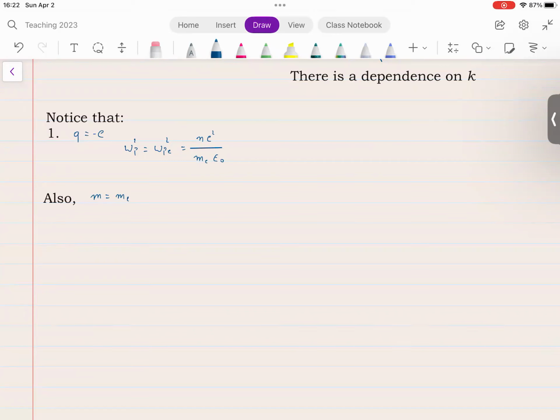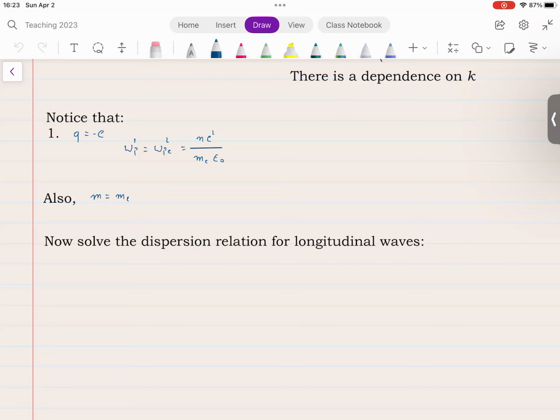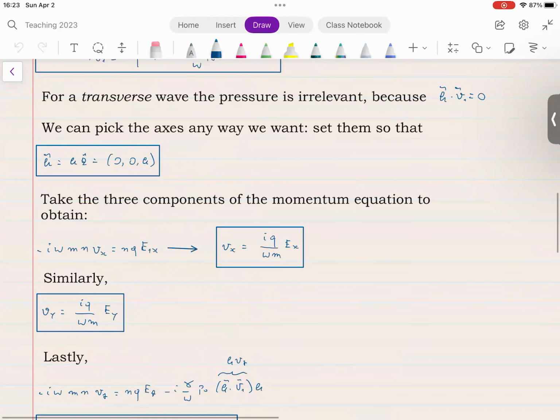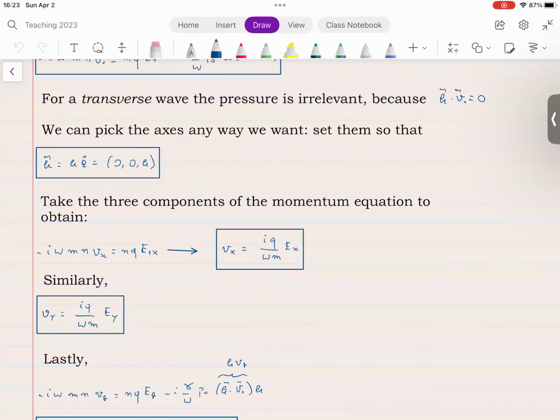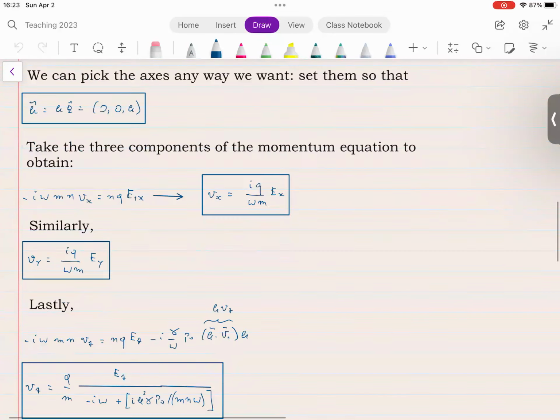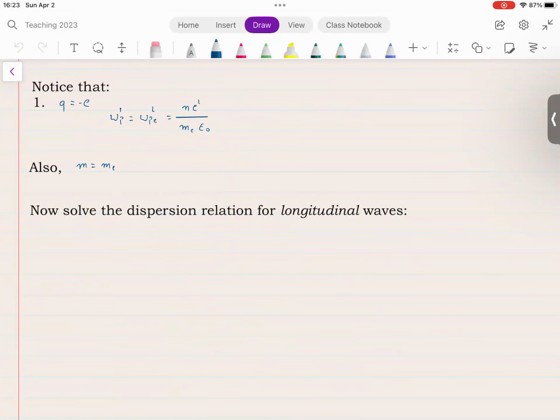look at the longitudinal waves, and I'm going to solve the dispersion relation for longitudinal waves. Already said that transverse waves don't care about the pressure. Well, we better hope, I don't know if we have to hope, but it would be nice that we didn't waste all this work if longitudinal waves did depend on equilibrium pressure, and we'll see in a moment that they do,